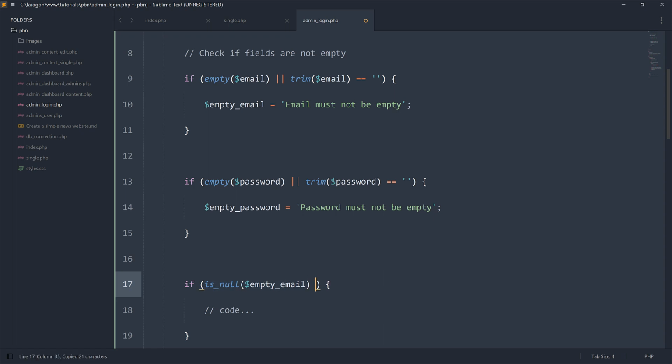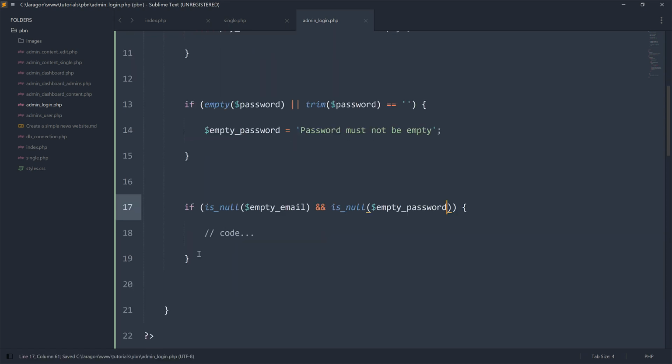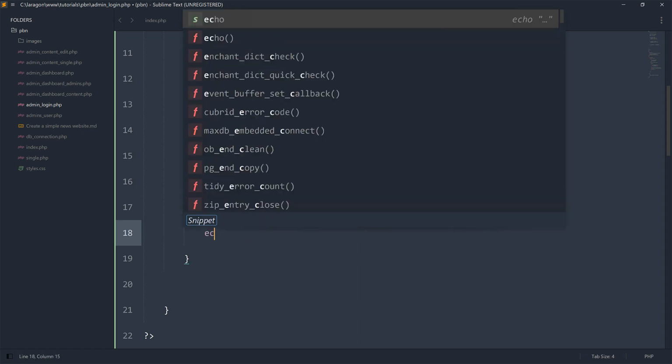So it means if these variables are empty, basically the user entered something. That's what it means. So the fields are not empty. So if is no, empty email, and then also is no, so we can go ahead and let me echo something like